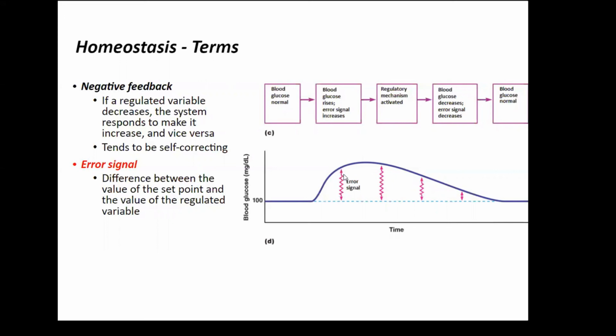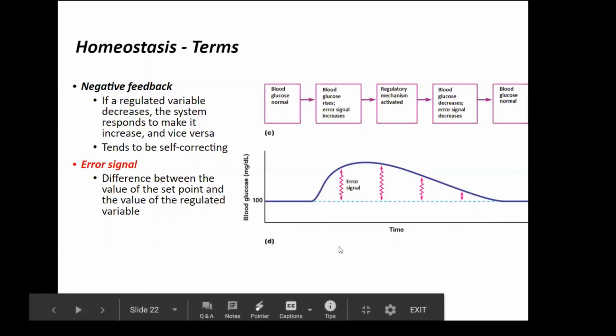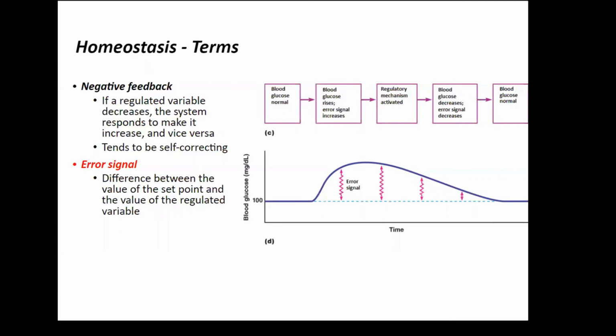It can happen in the other direction as well. When we were looking at that car, our speed dropped, we brought it back up. That's still negative feedback. We call it negative feedback if the response of the system is in the opposite direction to that error signal, to that change that we're sensing. So it's negative feedback if something in your body starts changing and then your brain goes, no, no, no, put it back the way it was. That's negative feedback.